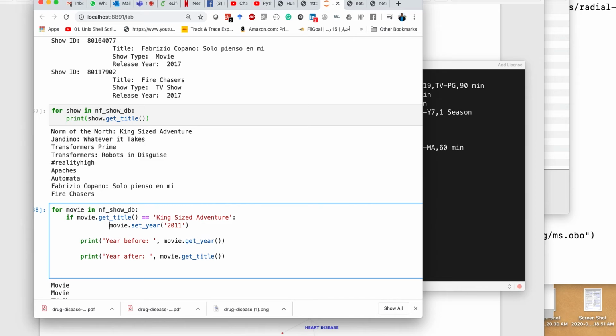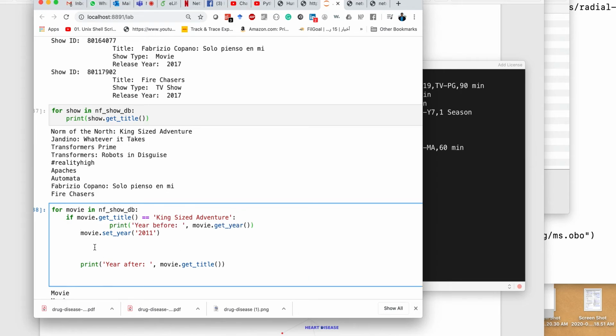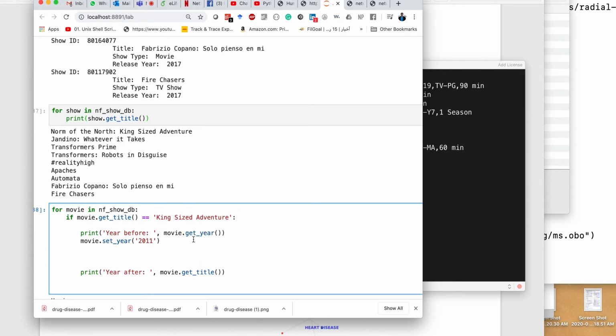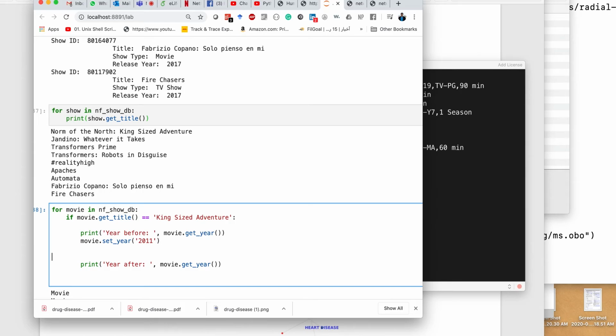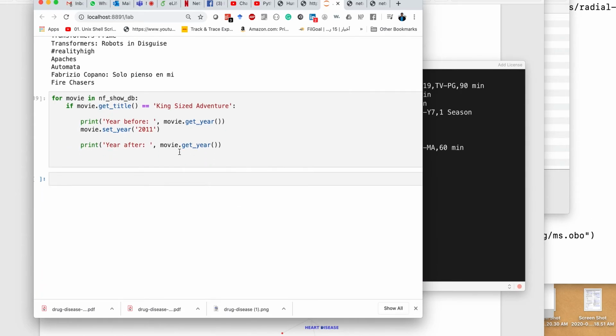So if I run this, actually this has to be done here. Okay. All right. So this is the year before. It has to be done before I set the value, and then I'm gonna print it after that. But I also need to print the year, not the title. All right. So if we run this,